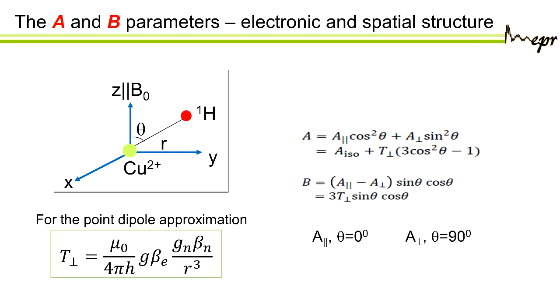And now A is given by either A parallel cosine square theta plus A perpendicular sine square theta, or we can break it into the part that is isotropic and anisotropic, and then we have the anisotropic part that's called T perpendicular, and down there on the left you can see how it's really very closely related to the distance, right? It's 1 over the distance cube, and this is for the case that we can use the point dipole approximation. So usually when we work with ligand hyperfine that are further away, like in this case, this